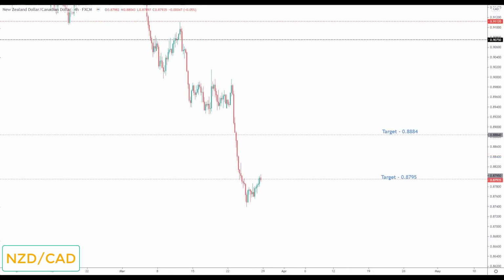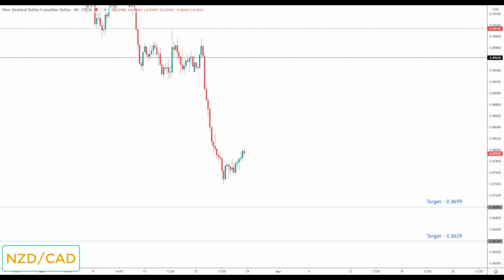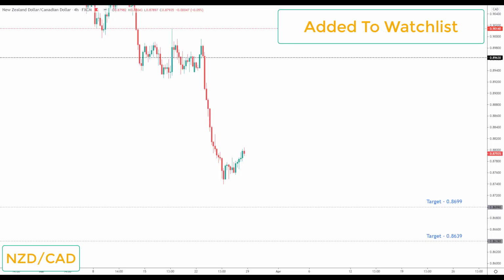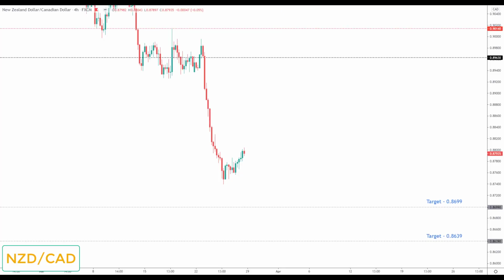Next is New Zealand Cad. Now last week we took out both targets to the downside. We smashed through the first target and we pretty much finished the week at target 2. Going into this week, I do really like this market. We discussed earlier that I liked Aussie Cad to the downside, and we've just looked at a chart showing the Australian dollar appreciating in value against the New Zealand dollar. So if Aussie Cad is going to come down, you're going to see New Zealand Cad coming down, if not faster, next week. Certainly one to watch. I will be keeping my eye on this.